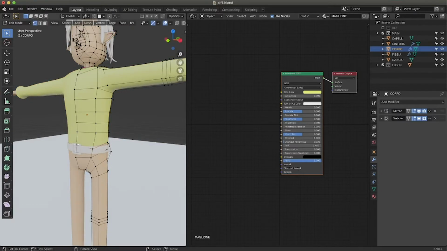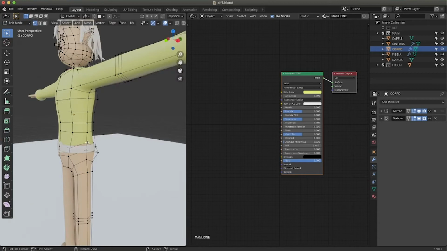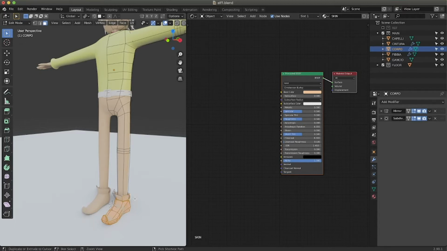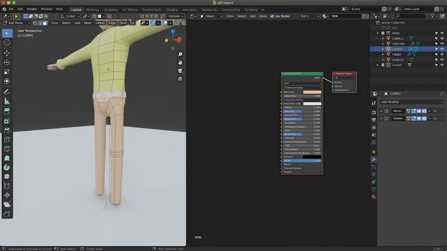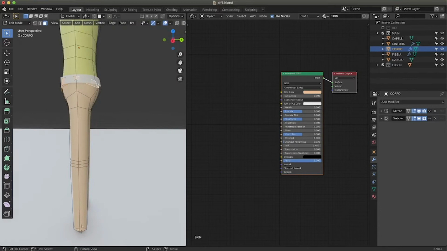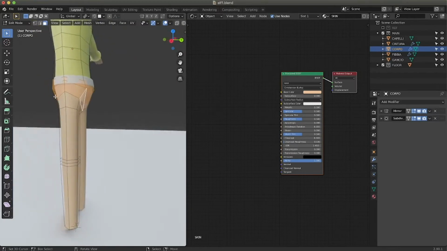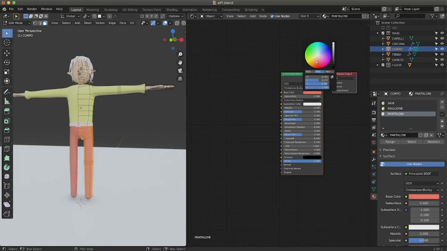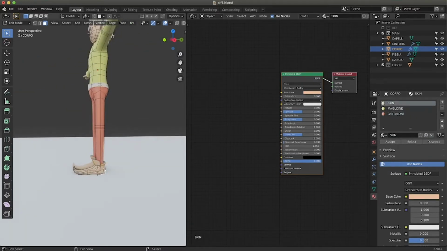You can also hide certain parts of the model to make sure that every polygon has the right color. For example, if you press H after selecting the hand, it will disappear momentarily. Select then the leg and create a third material. Remember that every time you create a new material, you can assign the material, so that particular shader will act only on those polygons.